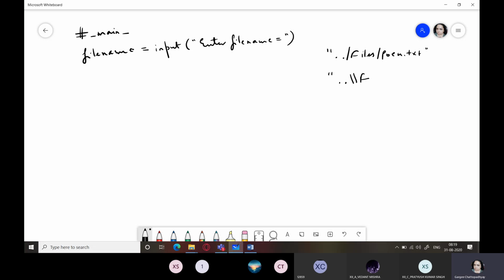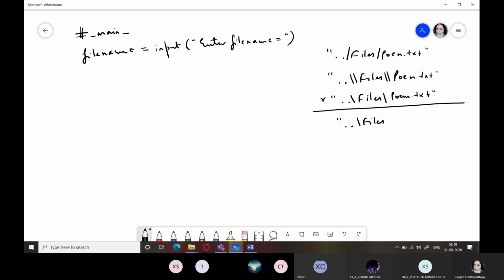Second way is using double backslash, or single forward slash, or if you are using a single backslash, then you have to use an R over here. But modern, the latest versions of Python also allow a single backslash.